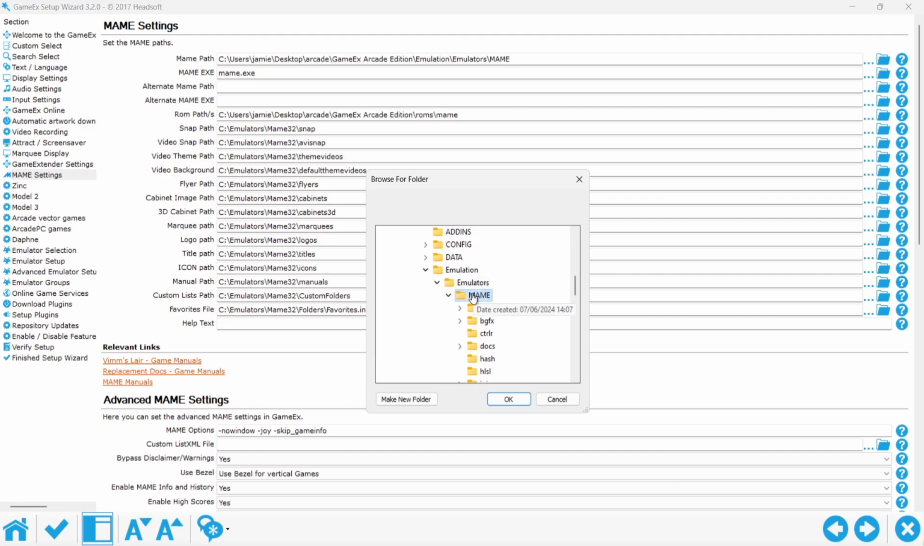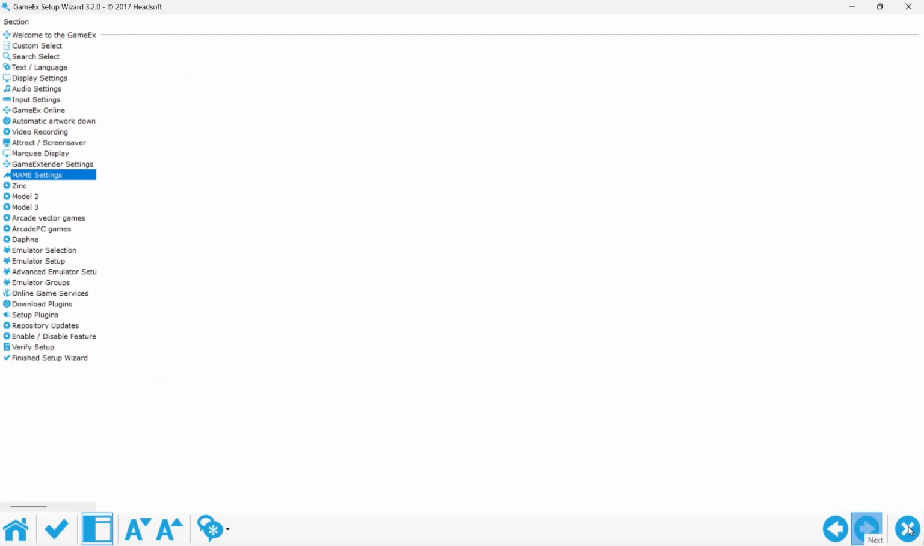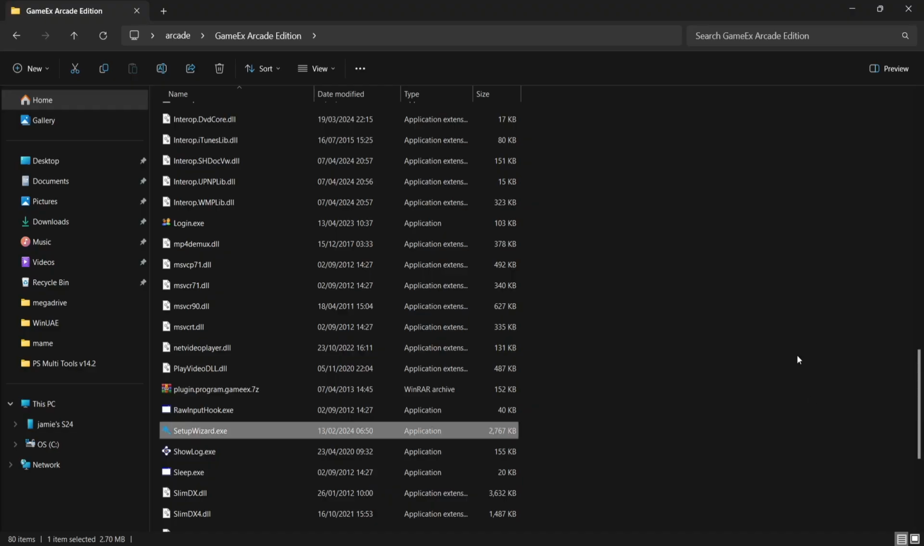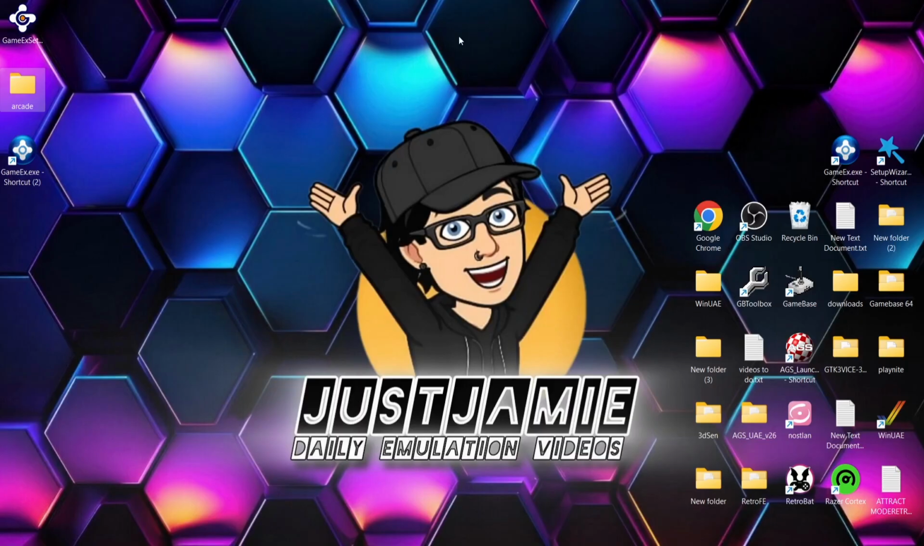And remember, you can change the locations here just by going to select folder, and the main path is going to be just here. So emulators, MAME, okay. And once you put the main path into place, you'll see that mame.exe will automatically detect underneath. And like I say, just remember the ROM path is in the absolutely correct location, otherwise your games aren't going to work. So once you've done this, we can then just go to close. And if we now open up GameEx again,